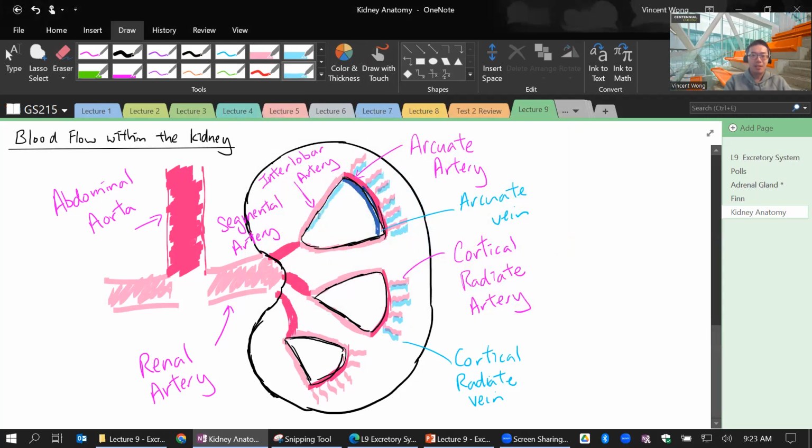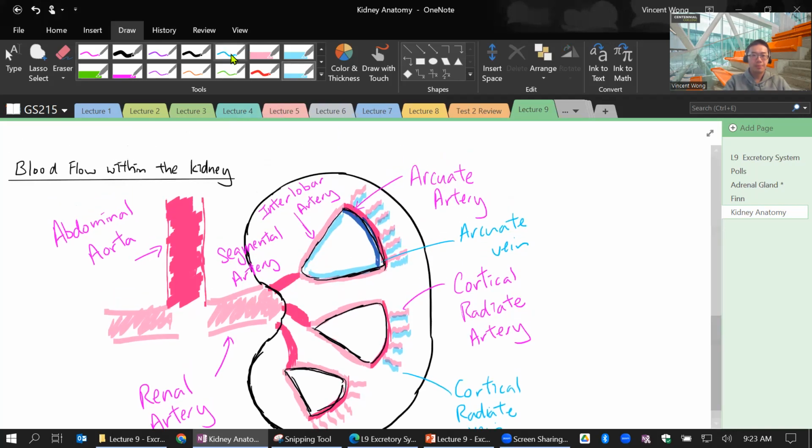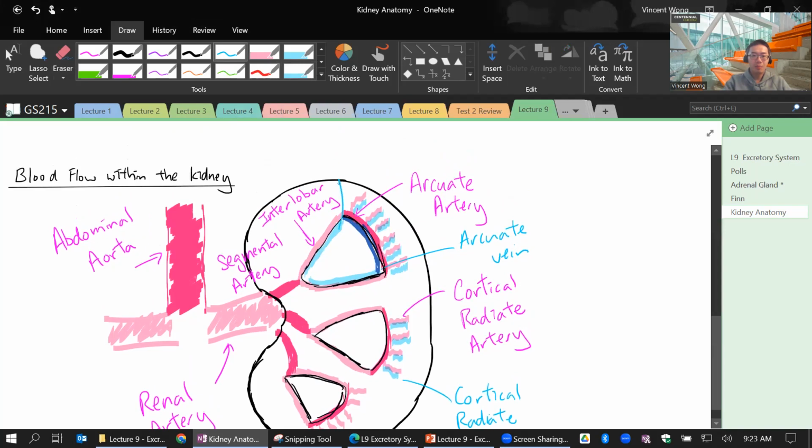We would have the, what do we call this thing now? This one is going to be the interlobar vein. Okay. Now I don't know why, but the person, or maybe there was a committee that comes together and decides this stuff. I have no idea. But in